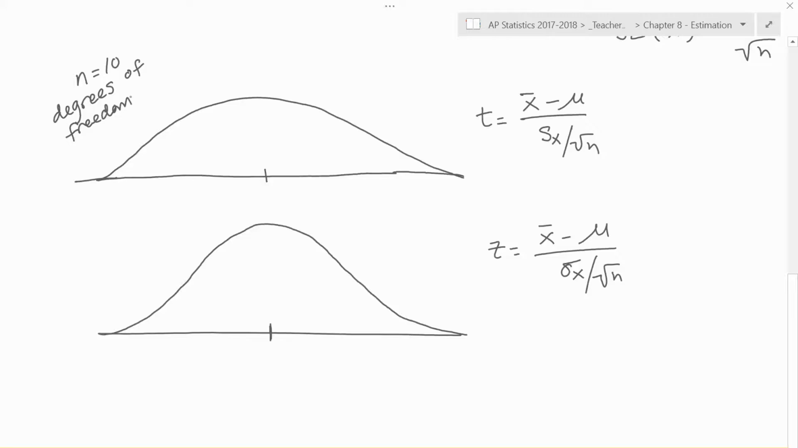And degrees of freedom are n minus 1. So if we had a sample size of 10, then the degrees of freedom would be equal to 9. As the sample size increases, this distribution of t statistics becomes more and more like a normal distribution because there's less variability coming from this extra thing that we have